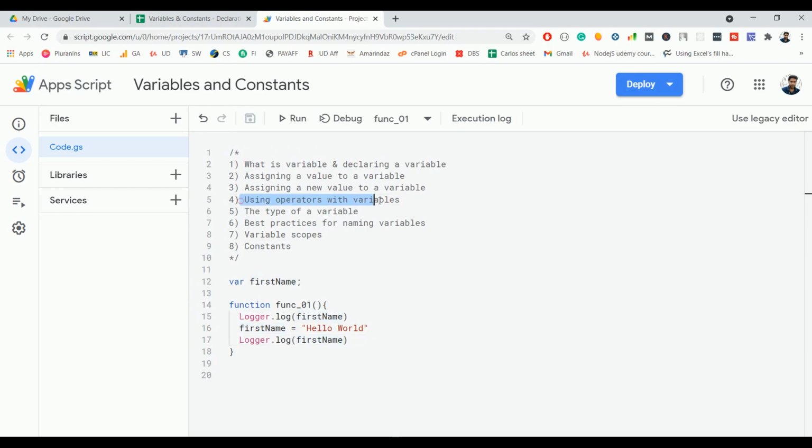And the next one is using operators with variables. There are a few operators in Google Apps Script, but we are going to explore a couple of operators here because we are mainly focusing on the variables and the constants. But just to give you an intro to the operators, we are going to see that as well. So let's say